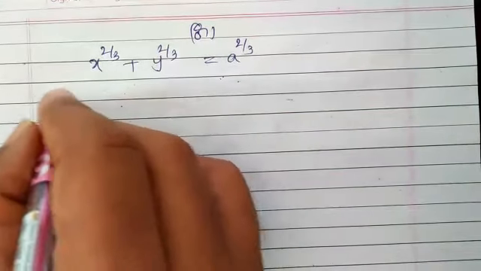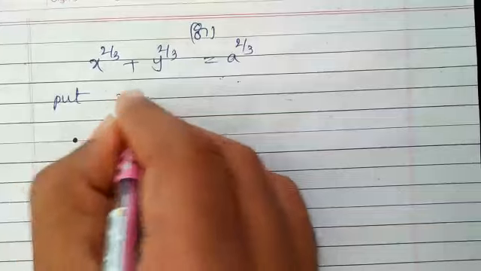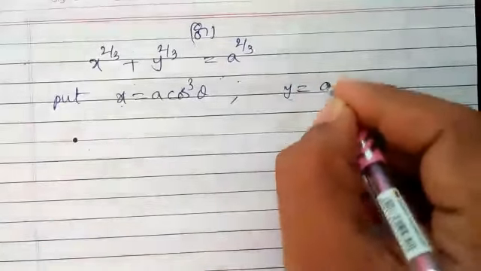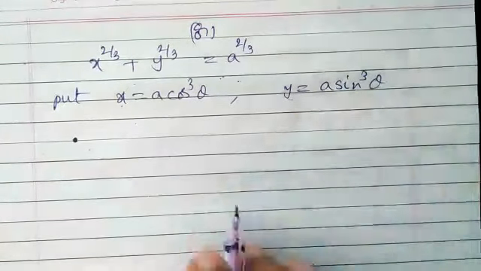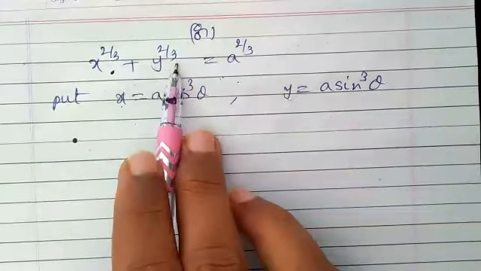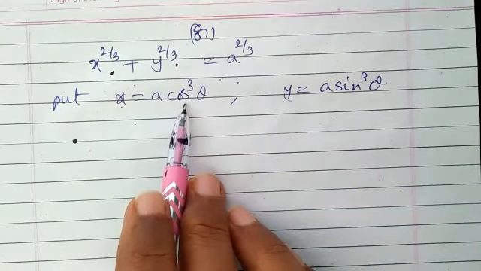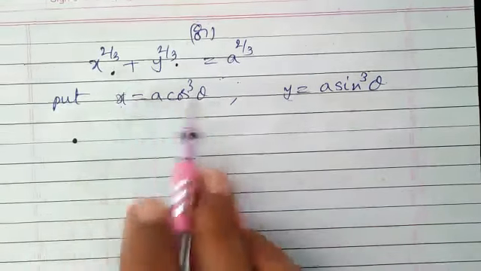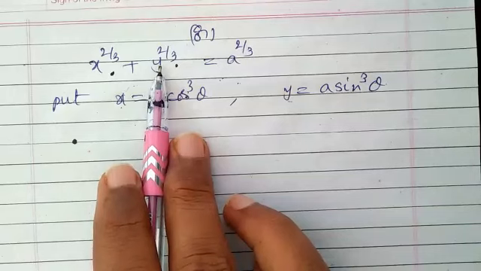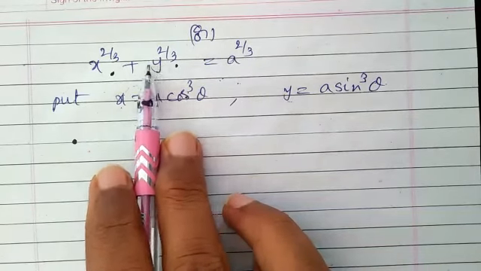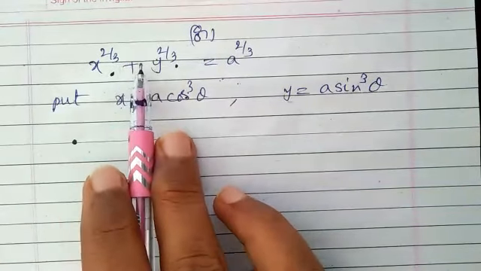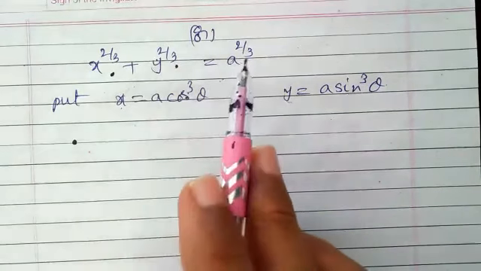So put x is equal to a cos cube theta and y is equal to a sin cube theta. How should it be considered? The denominator is 3 guys. Here the power denominator is 3. So for our trigonometric function you should take the same power. If it is 4, take the 4. If it is 5, take the 5, like that. For cancellation of these rational indices, we are converting the rational index into an integer index. Integer means 2, 3, like that. But 2 by 3, 2 by 3 by 2, these types of indices are called rational indices.